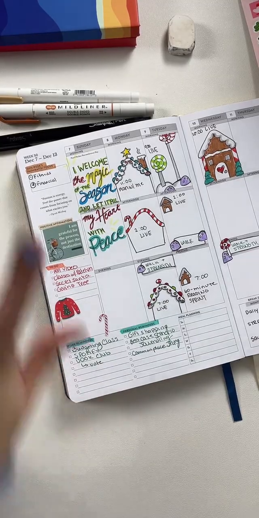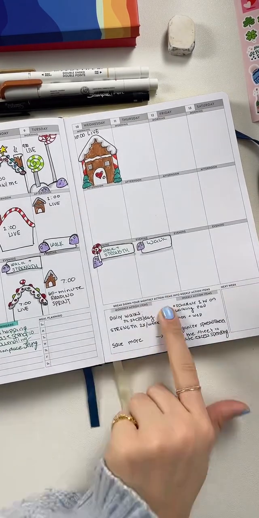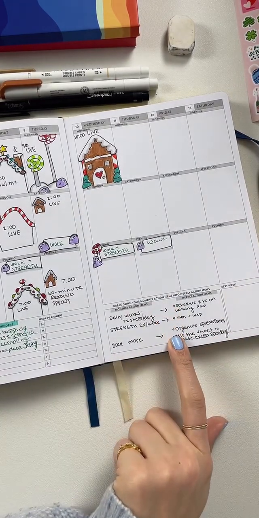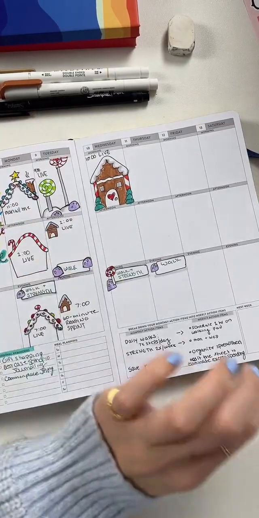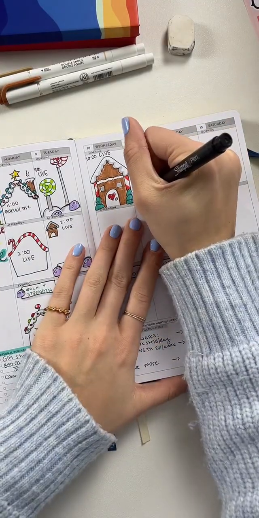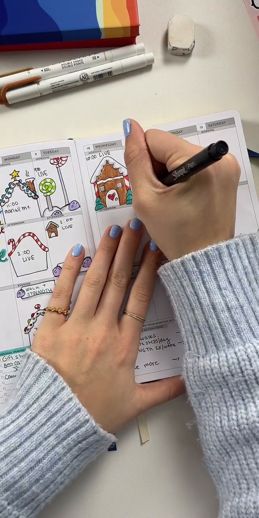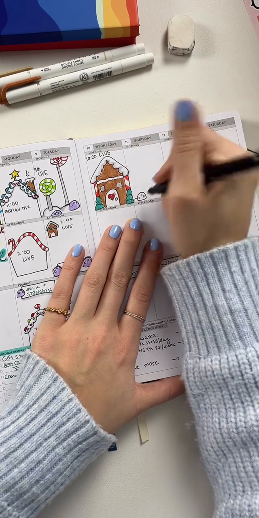Next, we're going to keep adding in our live schedule. So Thursday, we're going to do more of a look of Monday, but a combo of Tuesday because I like how that came out. So we're going to do a gumdrop here. We'll do the snow.